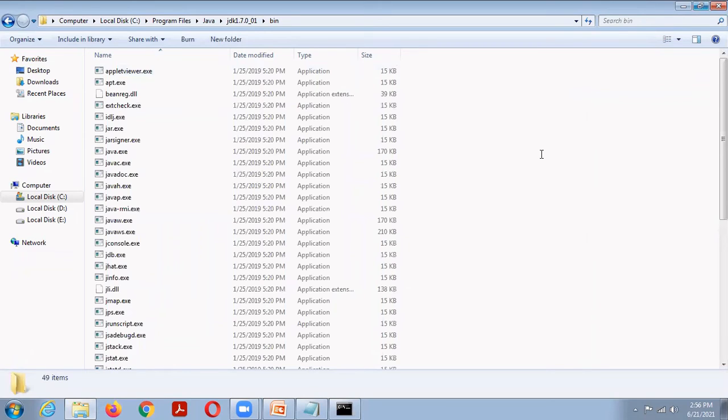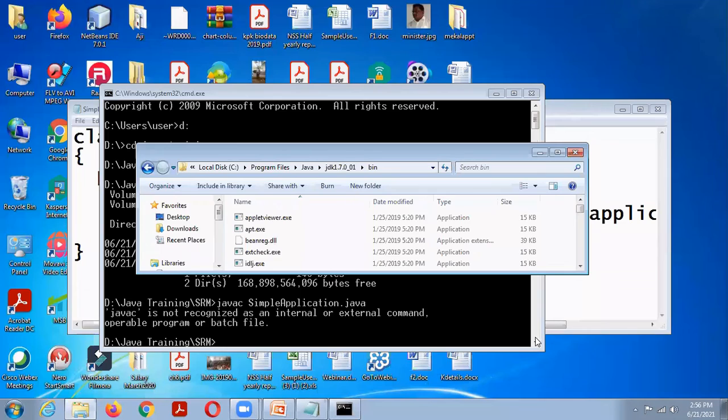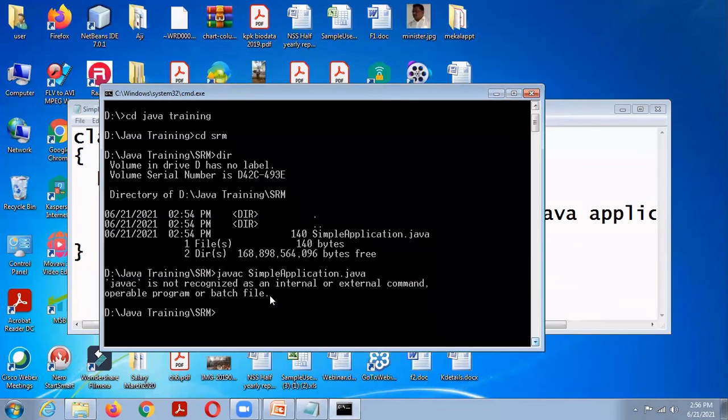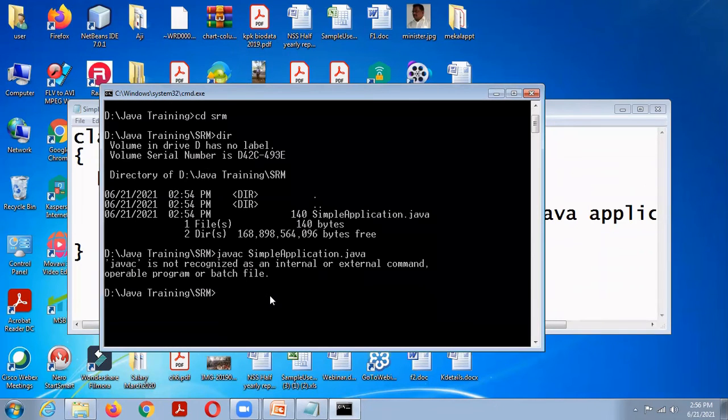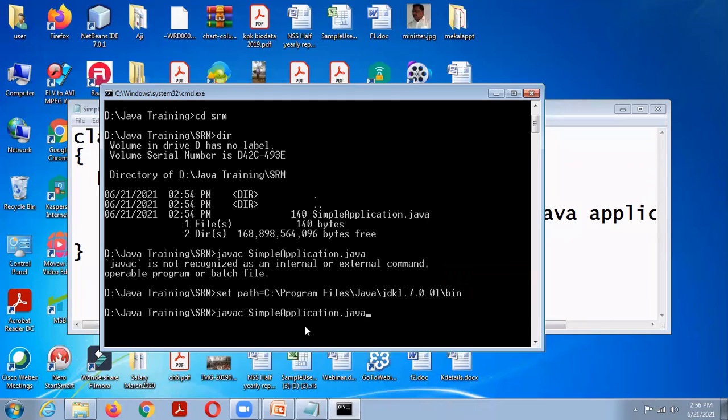Copy. Set path equal to that. Now javac SimpleApplication.java.